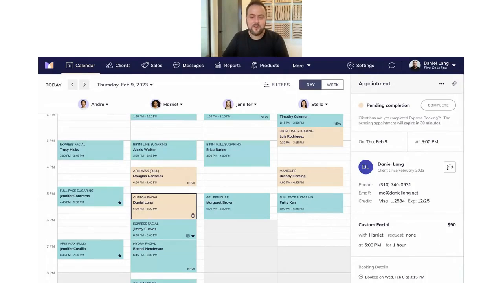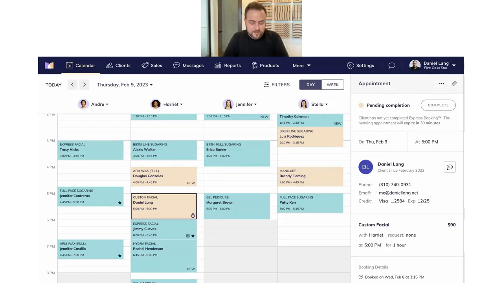So I'm going to open up this link on my phone. I fill out all the details. My credit card's already on file. That's another thing that I haven't mentioned earlier, where if you have a client and it's not just the first time booking, you already have their details on file, their email address, the credit card information, it will have that filled in already. So you can even use the express booking feature for clients who have been coming for a long time if all you want to do is collect a payment or have that record of accepting the cancellation